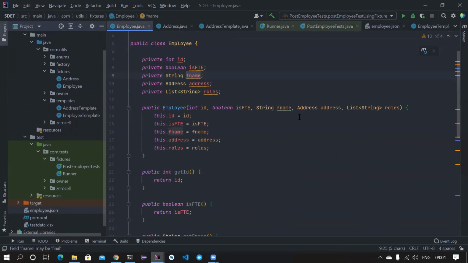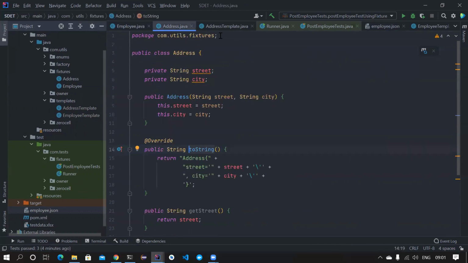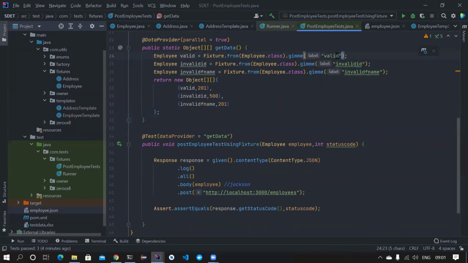So anyone can understand it, right? If you just say give me valid, they know what it is. Suppose you define a framework like this, you create all the templates, do all the hard work, you just ask your automation engineers who are beginners to automation to call this give me method, give the template name, and it will generate it for you, so they don't make any mistakes.